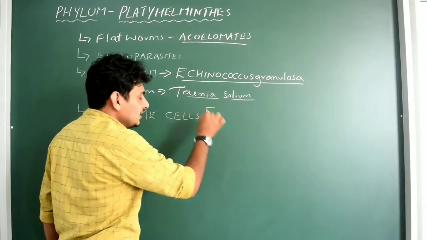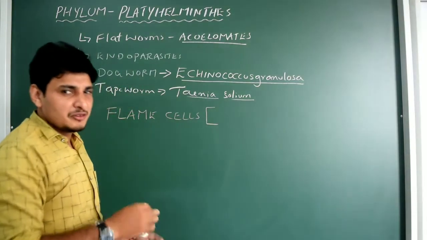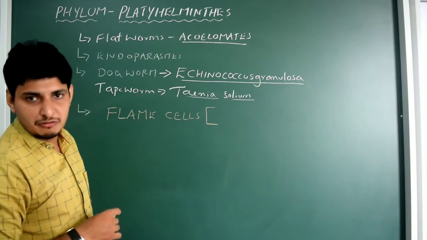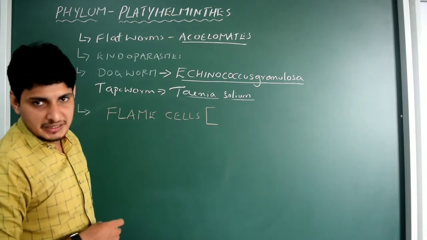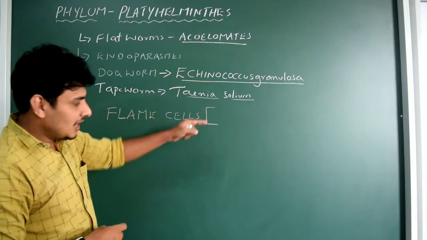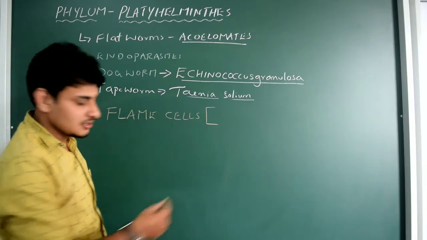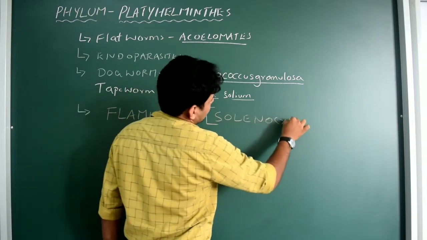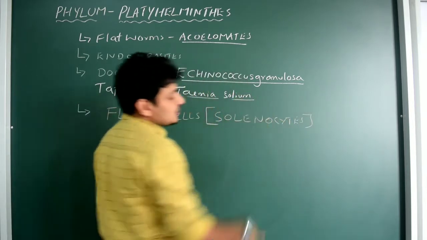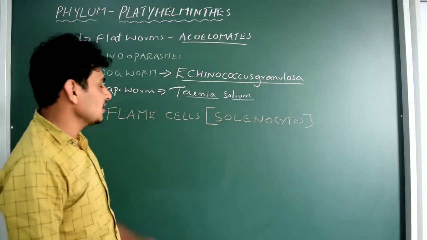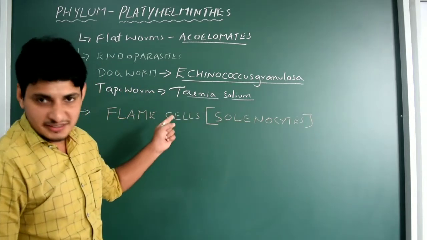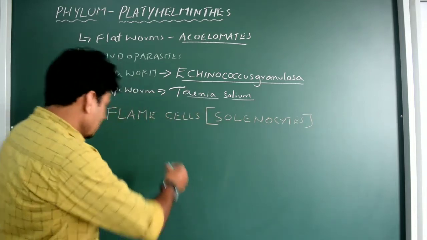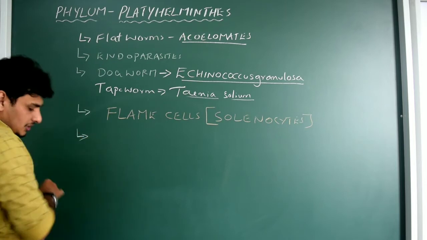But here in the NEET, they may ask you in a different way. Got it? The excretory organ of the Platyhelminthes. Options could be given: green glands or maybe kidney, or something else. And option D could be, instead of flame cells, selenocytes. So it is understood that selenocytes are nothing but the other name of flame cells. Both are the same actually. Done? Easy? Okay.